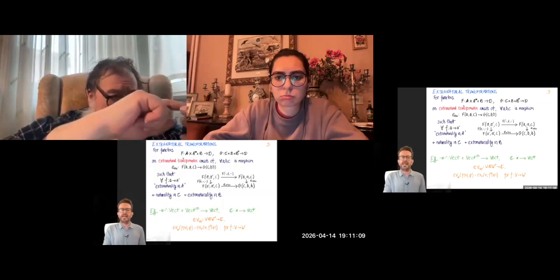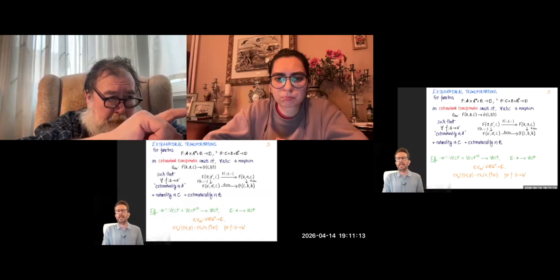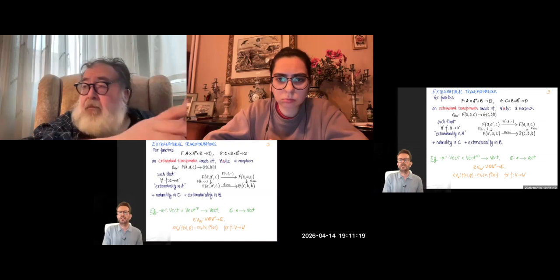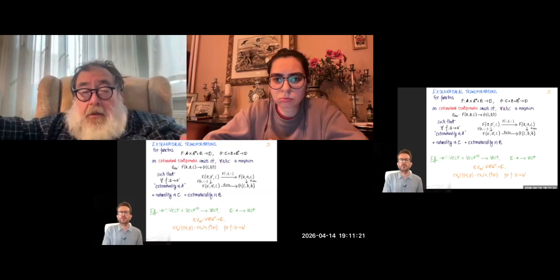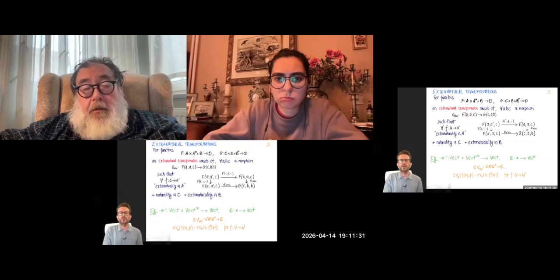So an extranatural transformation going from F to G is going to consist of the following data. For every A, B, and C, obviously A in A, B in B, C in C, we have a morphism in D of the following form. So it goes from F of A, A, C to G of C, B, B.